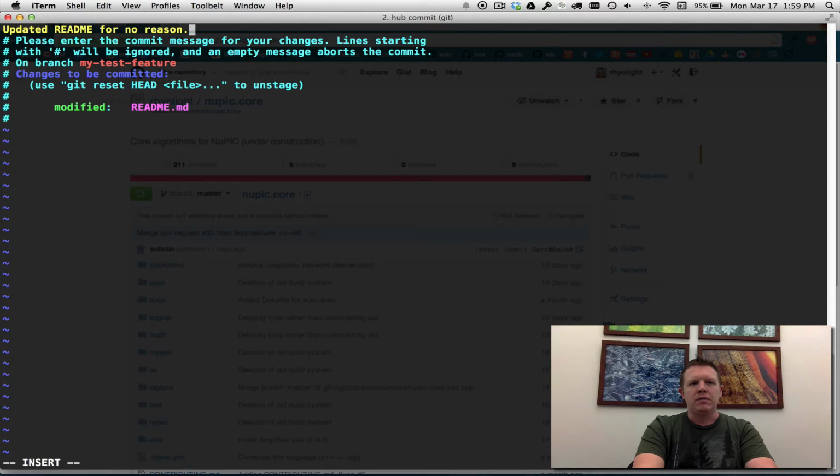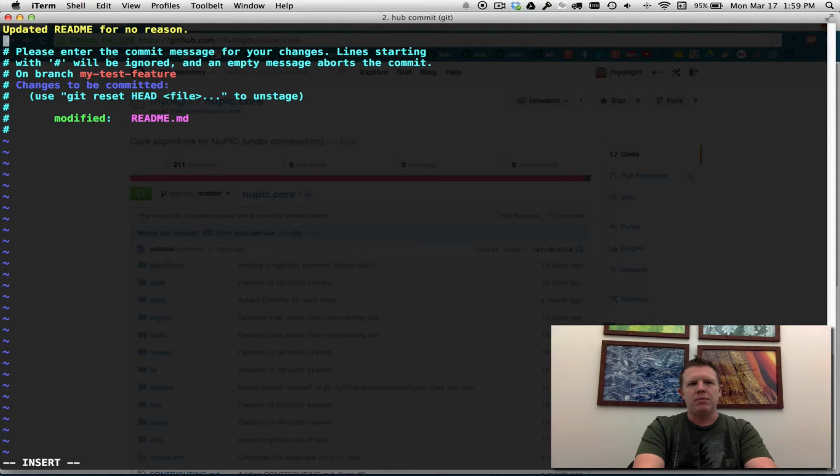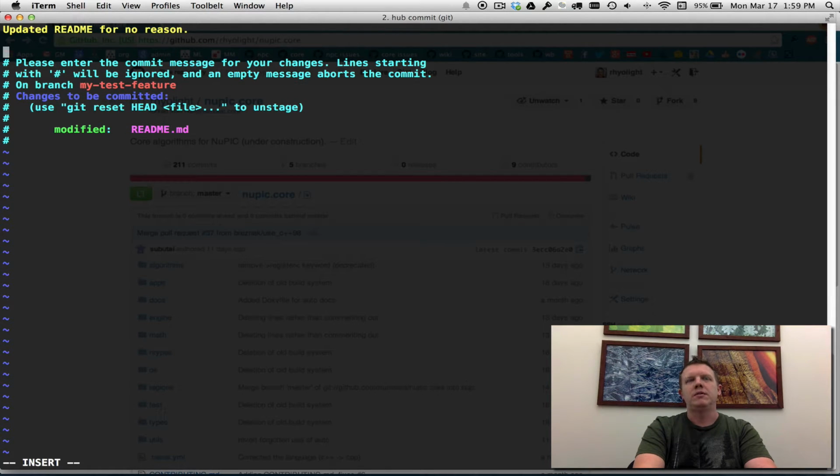Now, for GitHub's sake, the first line will be the title of the commit, and if you add lines underneath of it, it will be sort of an amplification to that. So I always put a short title up front, and then I'll add amplification details afterwards. Just a dummy change for a tutorial I'm doing. Okay, so I'm going to